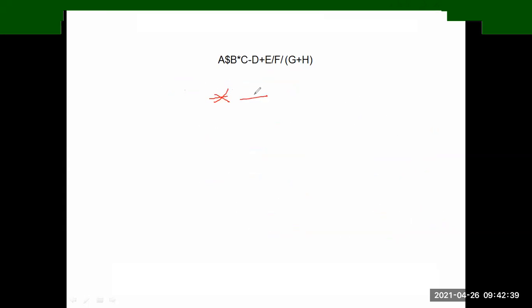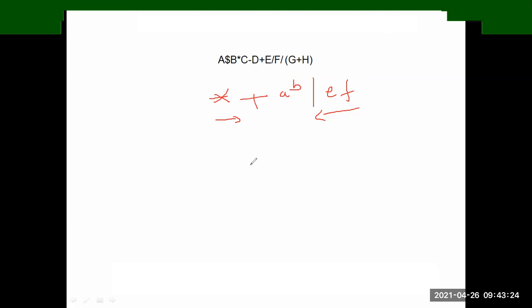Star plus AB by EF. In this one, we are storing differently. I already told you, a postfix expression is stored from left to right. Here, on the left we have operations and on the right side we have operands, so just store from right to left. Since we have operations before the operands, we cannot convert this directly using a stack. You have to store the elements from the right side onwards.